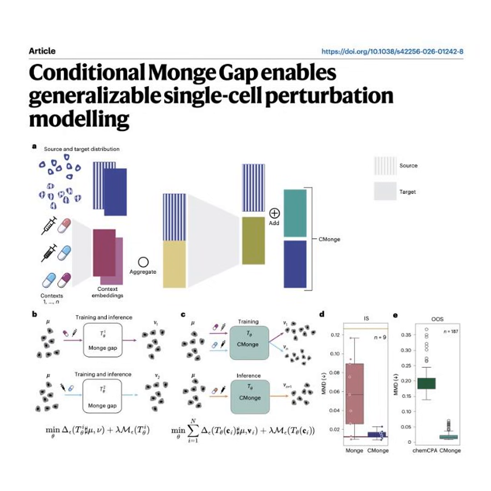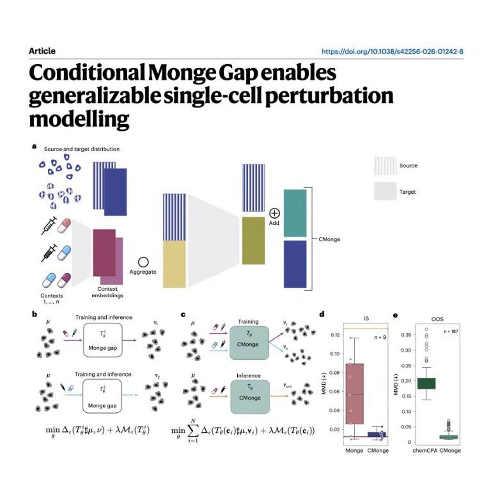And that challenge leads us directly to the core innovation of this paper, CMonge, the Conditional Monge Gap. So how does this fix the need for 400 separate models? By learning a single global estimator, one massive model to rule them all. It does this by conditioning the optimal transport map on those covariates we mentioned. Instead of just looking at the source distribution of unperturbed cells in isolation, CMonge takes the source cell and then it is fed a context vector, which is a mathematical representation of the drug, the dose, or a combination of both.